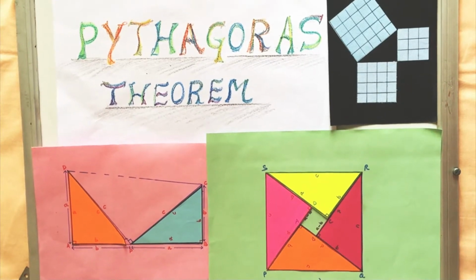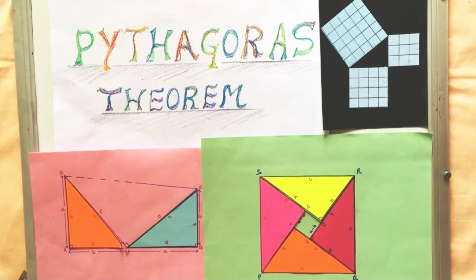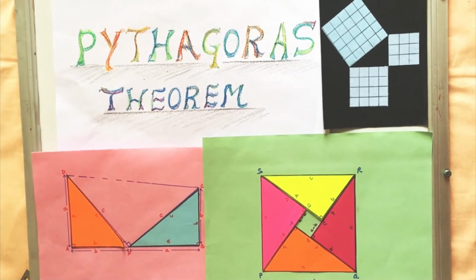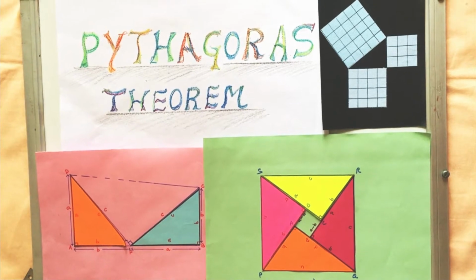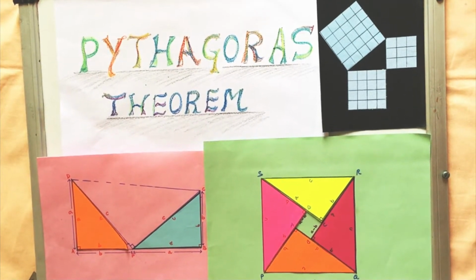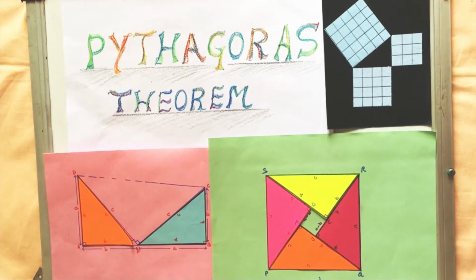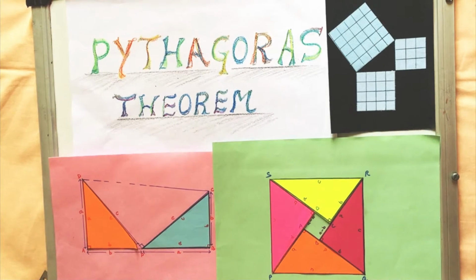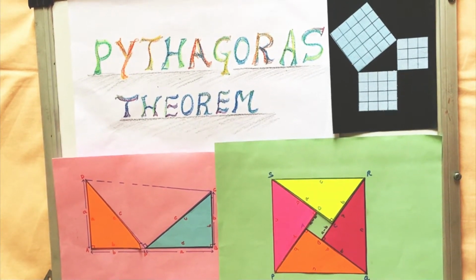We have learned in the previous module about the Pythagoras theorem, which states that in a right angle triangle, the sum of the squares of its legs is equal to the square of the hypotenuse. So in this module, we are going to prove some more results which are based upon this Pythagoras theorem. They are very important theorems. Let us prove all those theorems now.